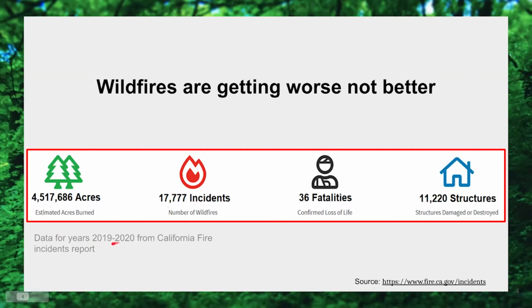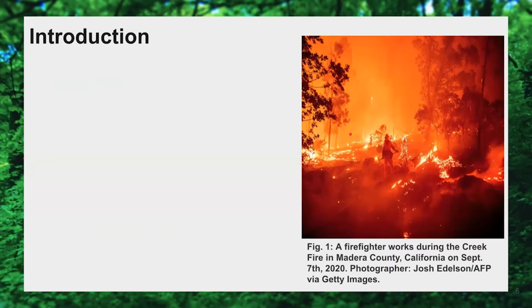Turn on my laser. Just from the years 2019 and 2020 from the California Fire Incidence Record, this is just the damage that's happened in 2 years in California. Lives lost, wildlife, millions of acres burned. It's just a horrible issue. So, as computer scientists, we can't do a whole lot. We're not as useful as on the front lines, but we can do what we can from the back end. So with that said, we set out with a goal to try and predict wildfires,